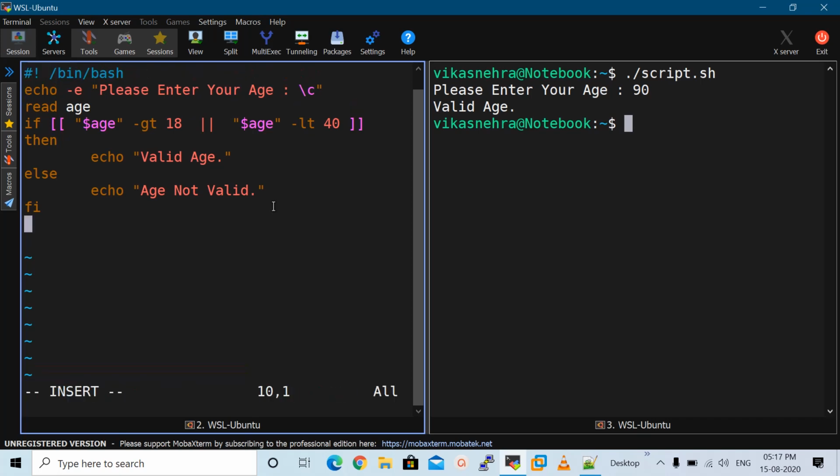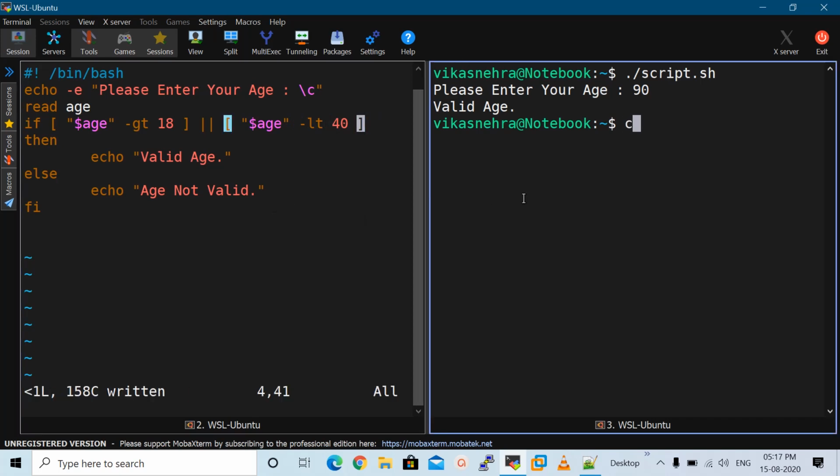So just go in the insert mode and remove the one bracket from here and close the first bracket here, and then start the second bracket here and remove the additional bracket from here. Save the script. Again I'm going to execute it. So you will find that we will get the result.